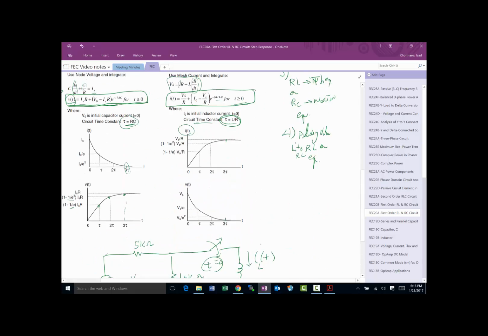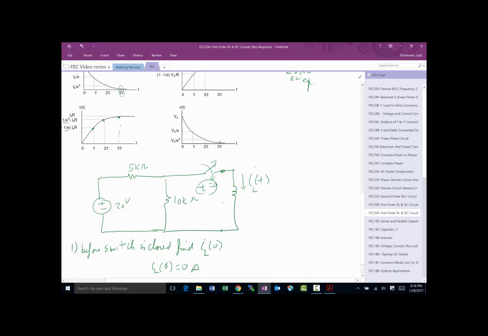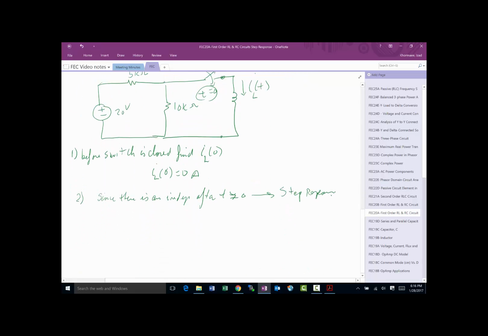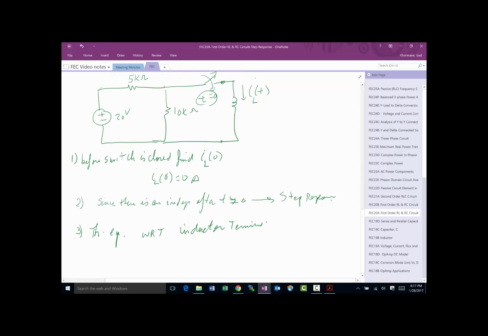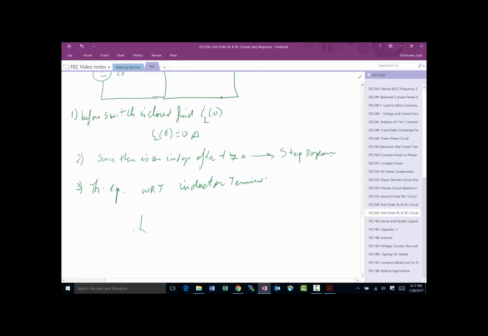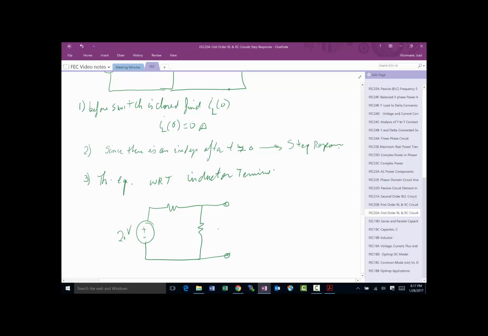I've got an inductor. So what I really would like to do is turn this circuit into a Thevenin equivalent, that would be great. In this case, I need to find the Thevenin equivalent with respect to the inductor terminals. So I'll go ahead and redraw this circuit. I'll have 20 volts, I have a resistor here, and all I'm trying to do is find the Thevenin equivalent with respect to this 10K,